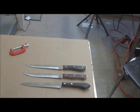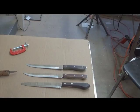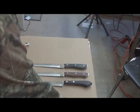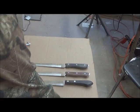Now, I'm going to make boxes for these knives. I would hope to ship at least one or two of them. And so whilst we have all the box making material here, I want to show you how to make a box from a piece of straight cardboard. Now this is good cardboard because it does have this plasticized coating on the outside. And we're going to square it up a little bit